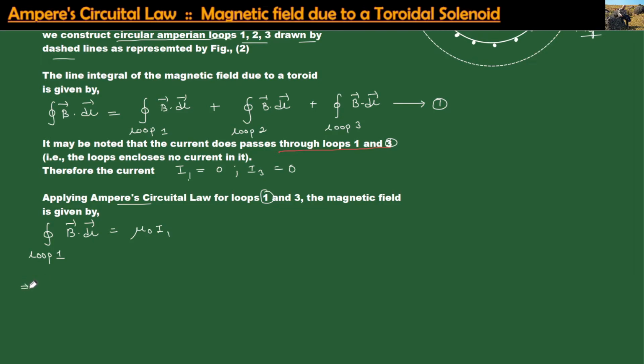Since we want to find the magnetic field B, and B is constant, we can take it outside of the integral. So this will be B times the line integral of loop 1 of dl, equal to mu naught times I1. What is the value of I1? The value of I1 is 0, so that is why I've substituted it over there. Then over here, okay, we will get,